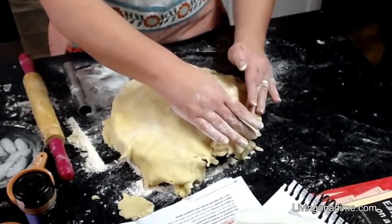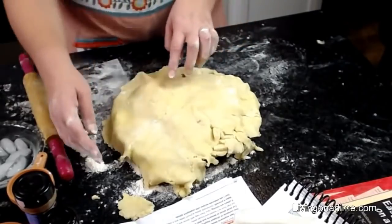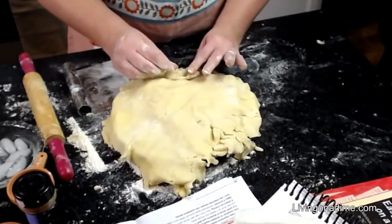Now, once again, like I said, I go for rustic pies. Now, see how I missed this little section here? So this was too big, so I go in and I...